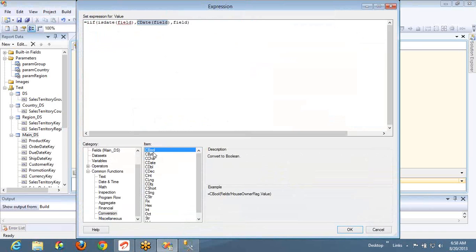So CBool means it will convert to the boolean value, and CByte means it will convert to byte value, and CChar means it will convert to character value. CDate means it will convert to date, CDbl converts to double, CDec to decimal, CInt to integer. If you take the examples here, it is pretty clear. So this is a decimal value, and let's see what will be the output if I execute this, CDec of